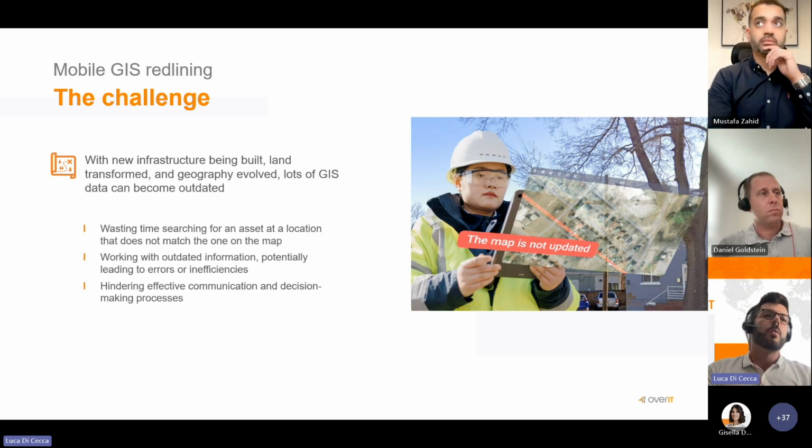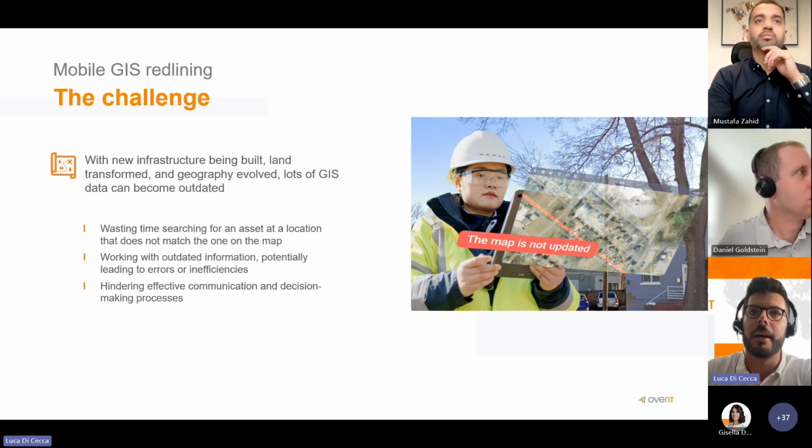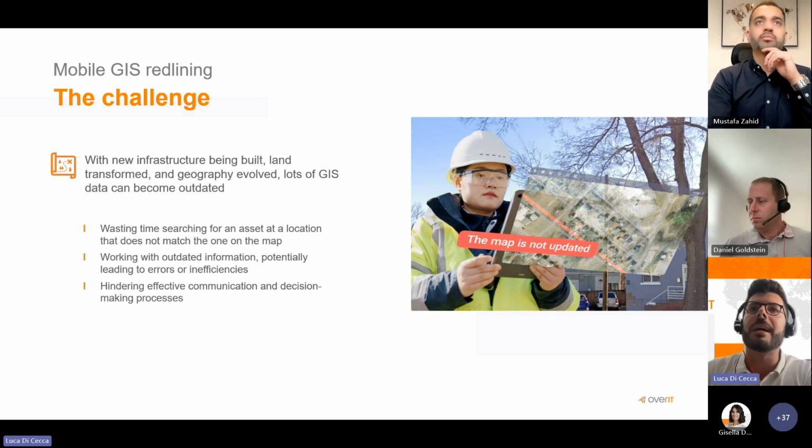However, the real world, as you might know, is dynamic, with new infrastructure being built, land transformed, and so forth. So a lot of GIS data can easily become outdated. And until now, when technicians have encountered